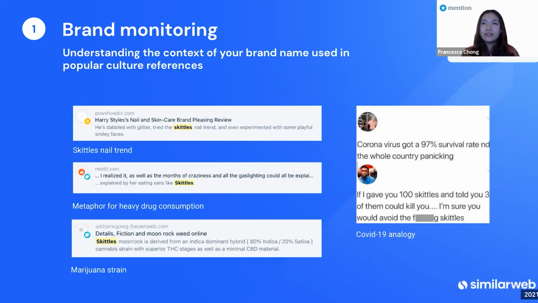So one of the interesting comparisons that we took out of the social listening analysis was that people are often comparing Skittles to drugs. They're shaped like pills. Often people find them quite addictive as they're sweet and they make you feel good. But obviously, as a brand who is perhaps targeting children or adolescents with their products, this is the kind of relationship that should be on their radar.